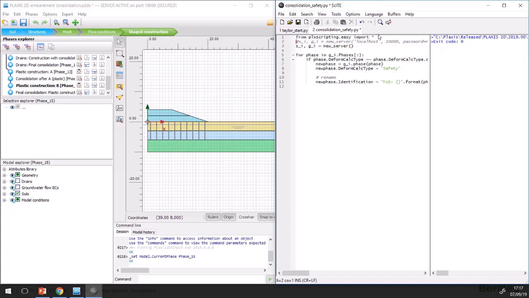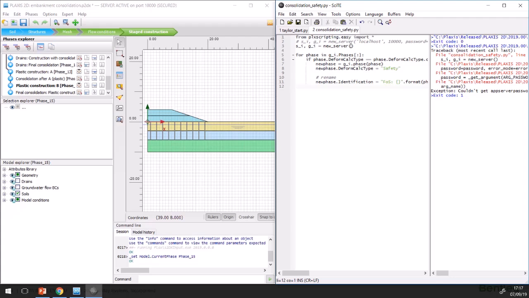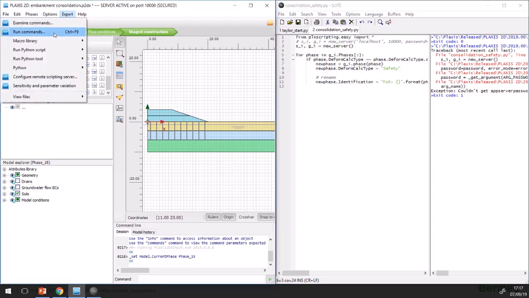With this command, I'm not going to use the old situation. If I run it from here, it doesn't work because it still needs a port number and password. That doesn't work. But if we now run it from here,